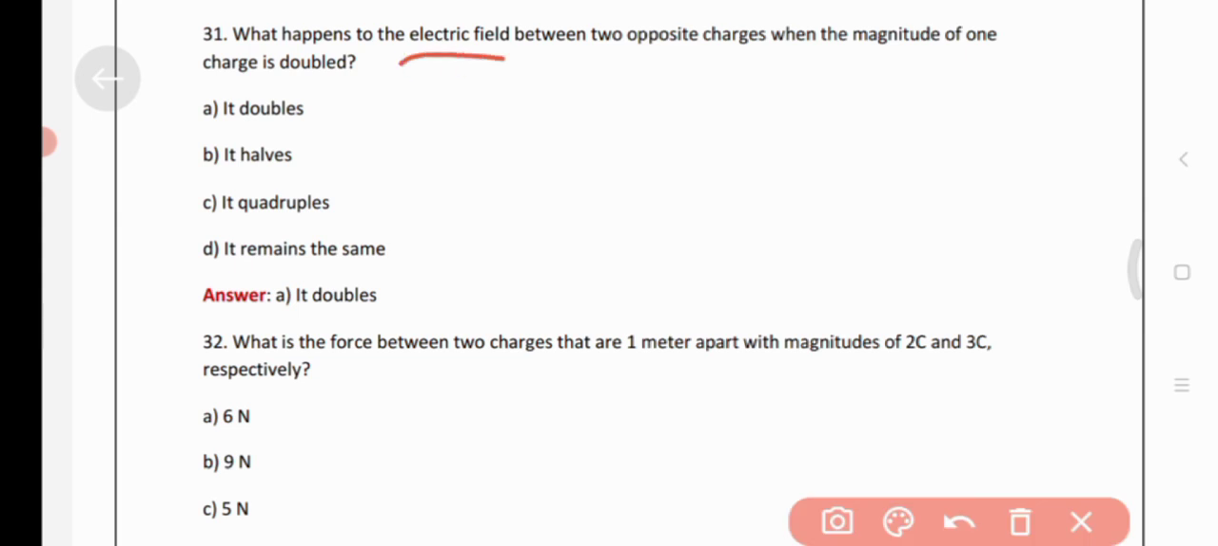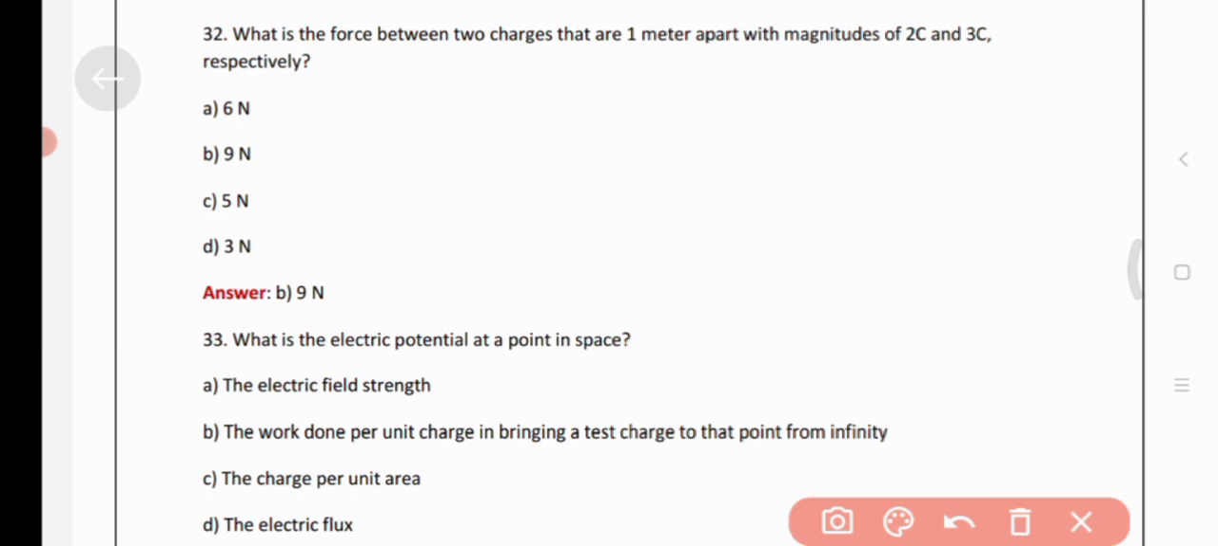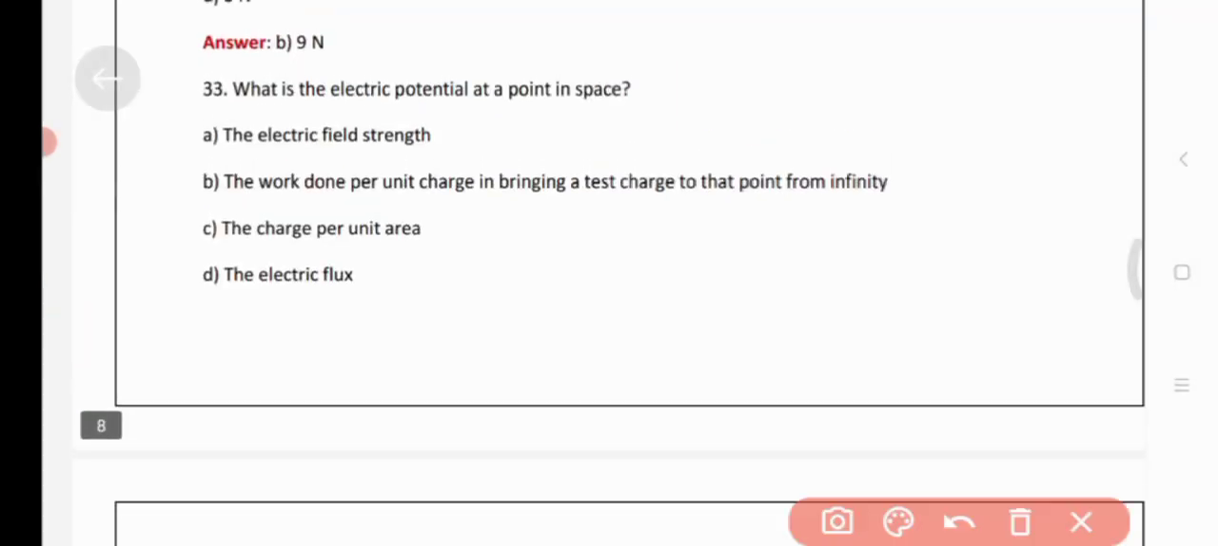What happens to the electric field between two opposite charges when the magnitude of one charge is doubled? Option A, it doubles. What is the force between two charges that are 1 meter apart with magnitudes of 2C and 3C respectively? Option B, 9N. What is the electric potential at a point in space? Option B,